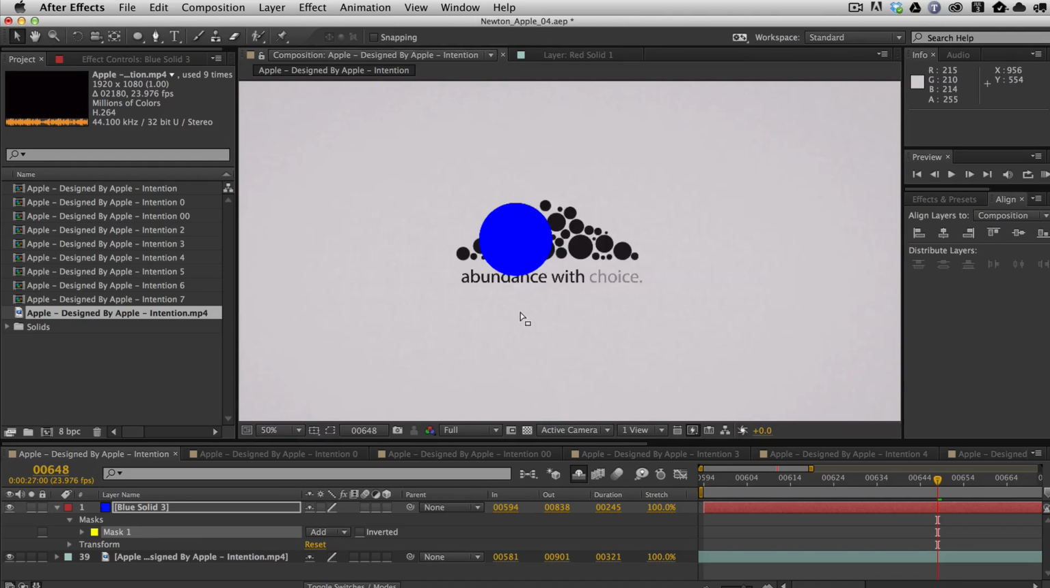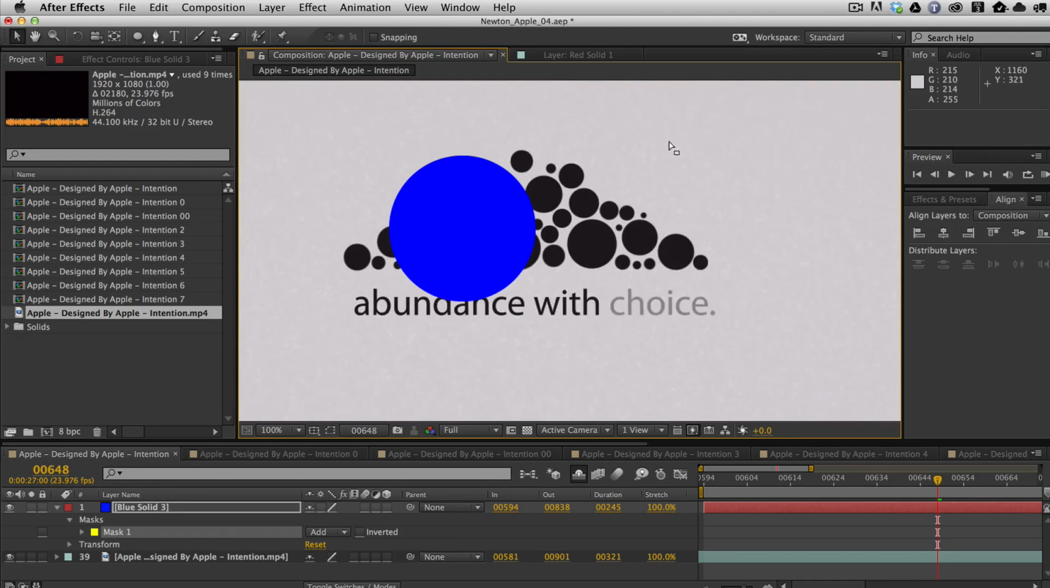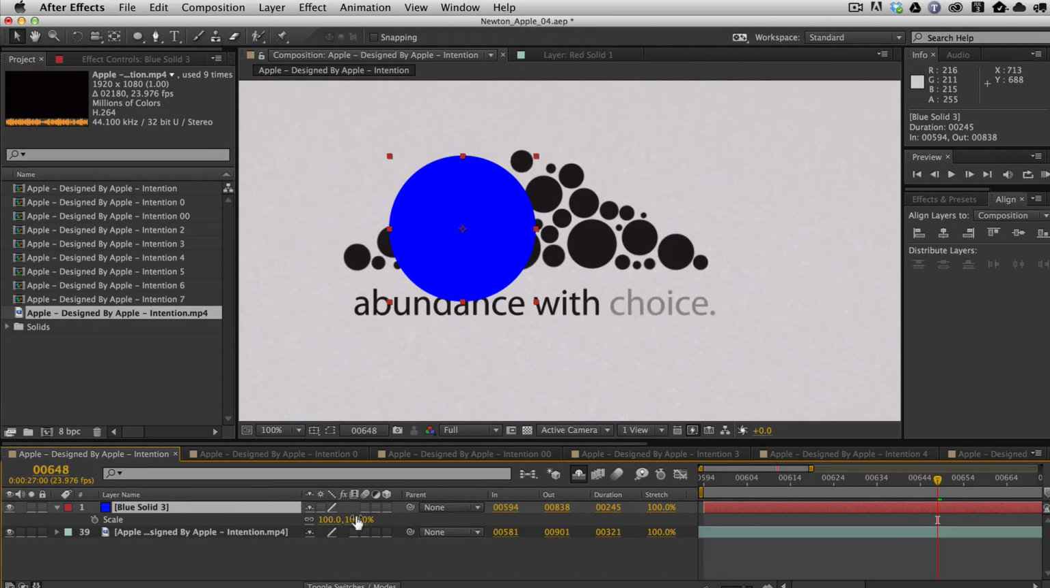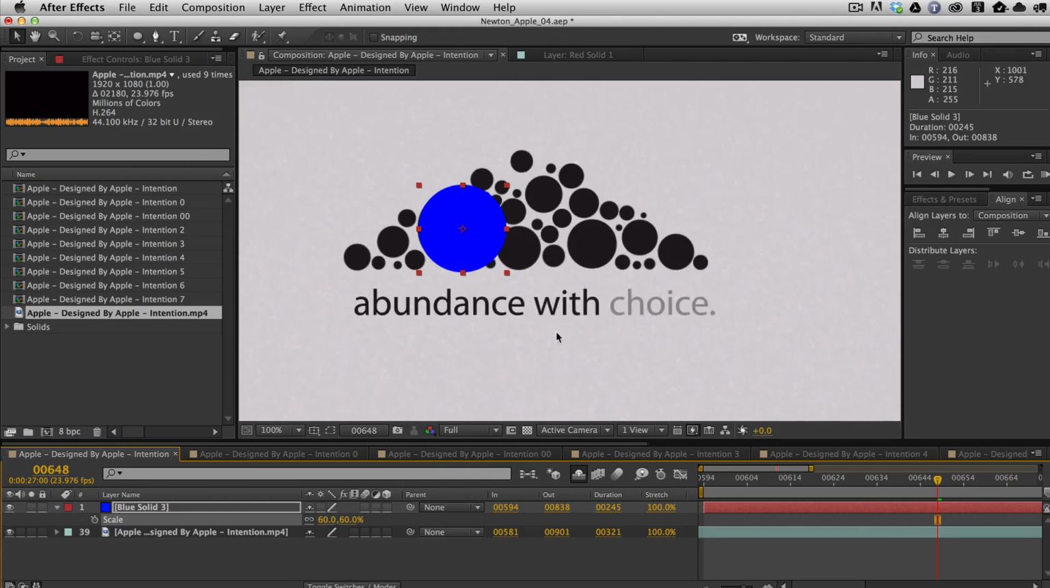So once we have that there, we're going to zoom in, and I'm going to hit S on the keyboard here to reveal scale. I'm doing it this way so that I can actually hide the wireframes. I'm also going to lower the opacity. I just hit T to lower the opacity, so I can kind of see. Now, there is one other little trick I need to